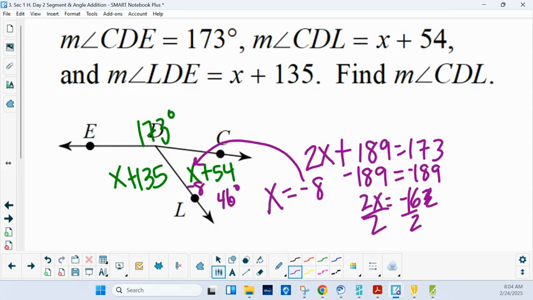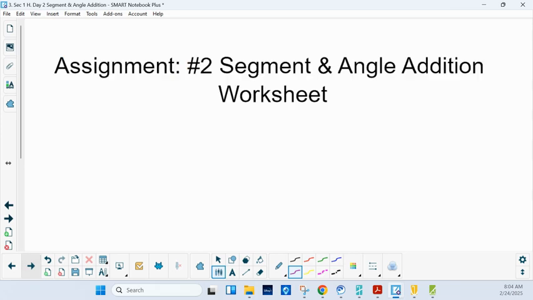So not too tricky today. Okay, so I would for sure fill in the diagrams. There's a couple